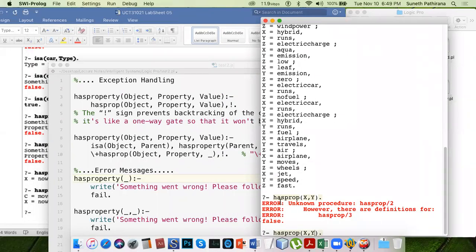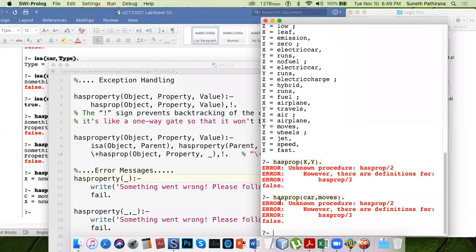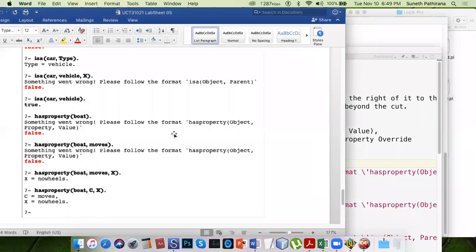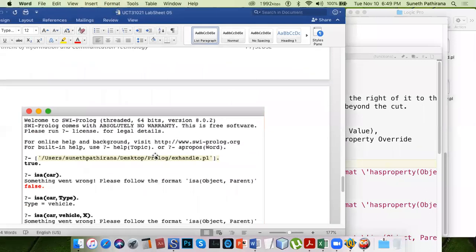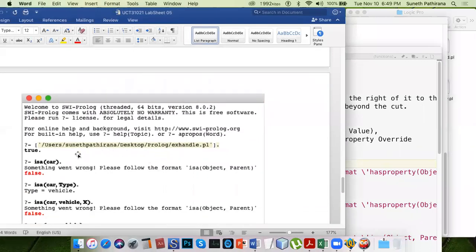Has prop, let's say moves, it's car. Something missing here. So you can see it's my machine, Pattern desktop.